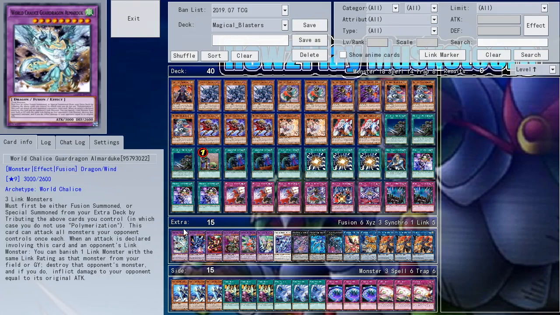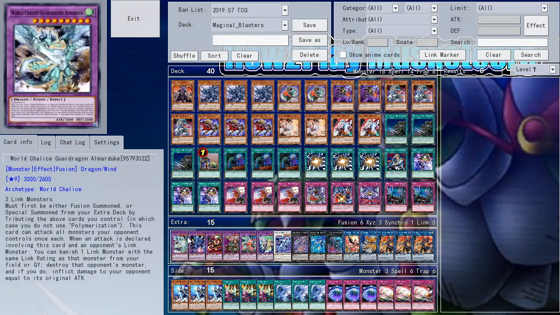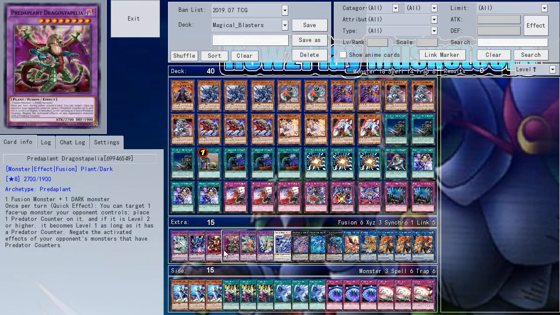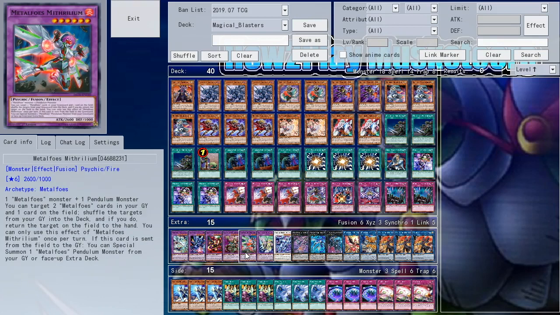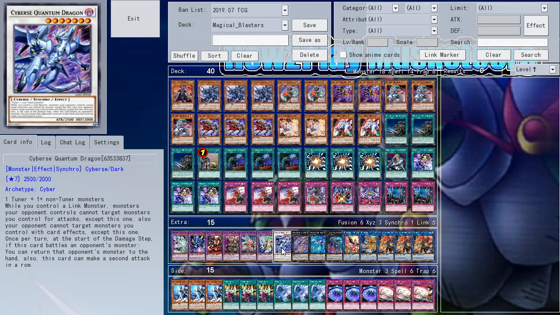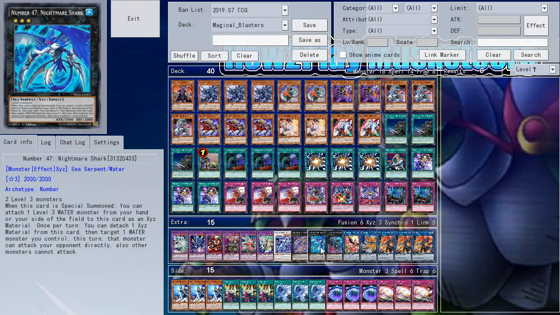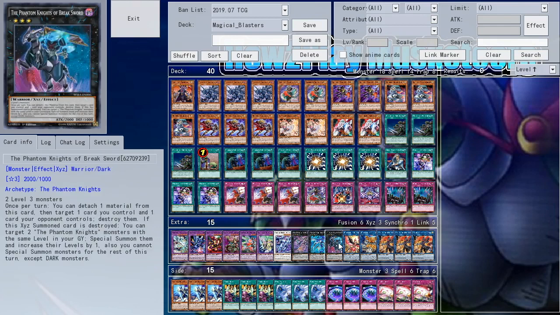In the extra deck, we have a bunch of Super Poly targets. We have 1 World Chalice Guard Dragon Almer Duke, 1 copy of Salamangreat Violet Chimera, 1 Starving Venom Fusion Dragon, 1 Protoplant Dracostapelia, 1 copy of Metalfoe's Mithrilium. I've seen some people play the bigger one of the Metalfoe guy, the 3000 one, I forgot his name, because he fuses people's Electromites with 2 other cards. 1 Diplexer Chimera, 1 Cyverse Quantum Dragon, 1 number 30 Acid Golem of Destruction, 1 number 47 Nightmare Shark,